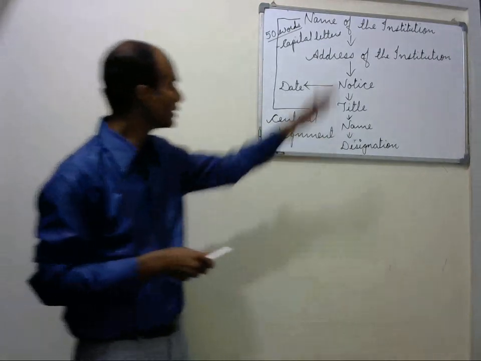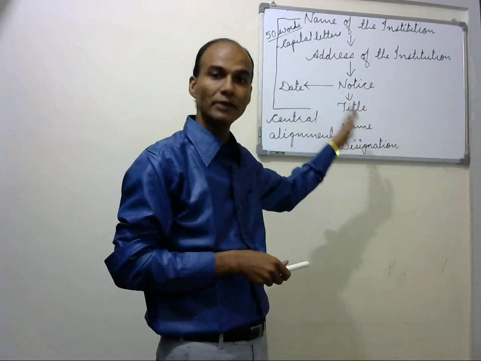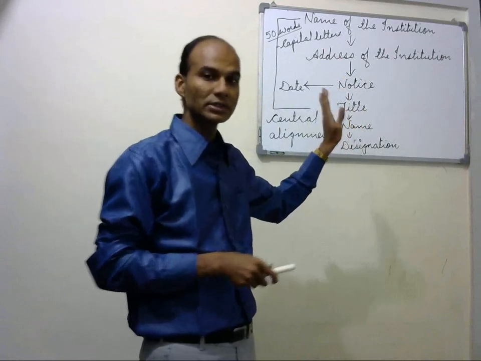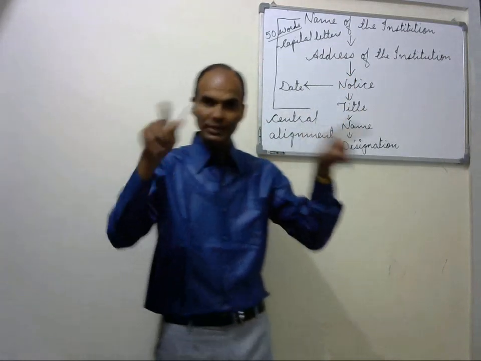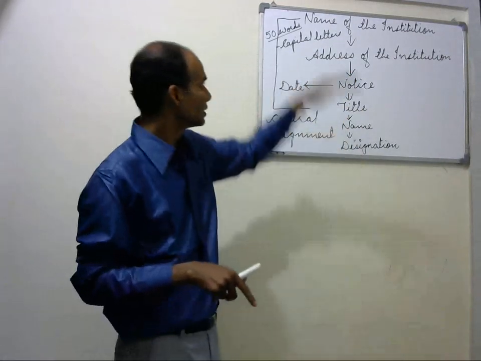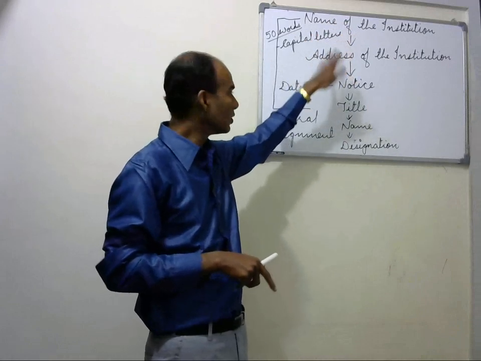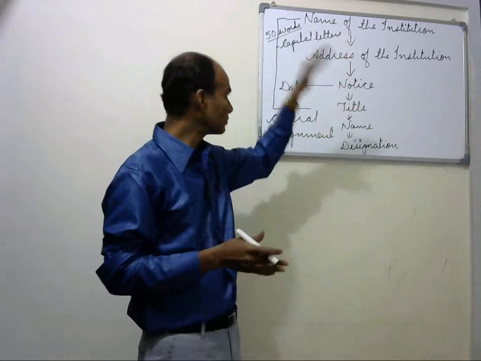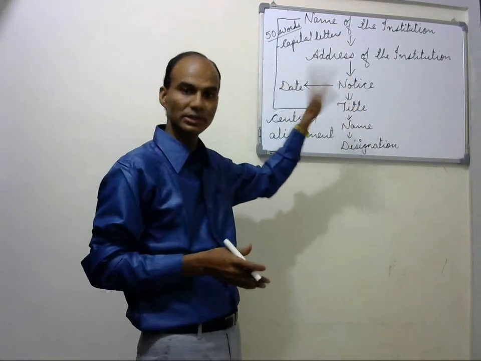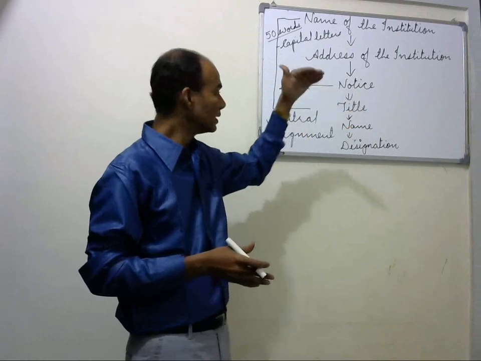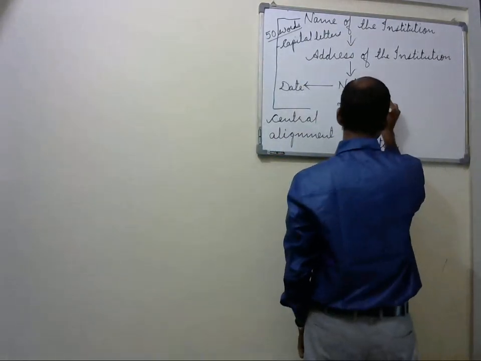So you can see here the pattern, or the way I have written all this, I have followed central alignment. In the same way, you should also follow central alignment. It should be in a box, and the title and the address, all these things should be in the center of the box, leaving proper spaces at both the ends, at both margins. That way we must write. The title can be underlined,